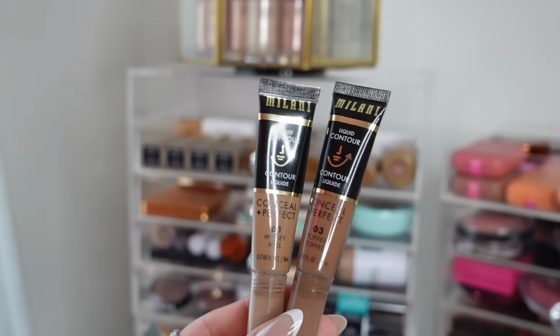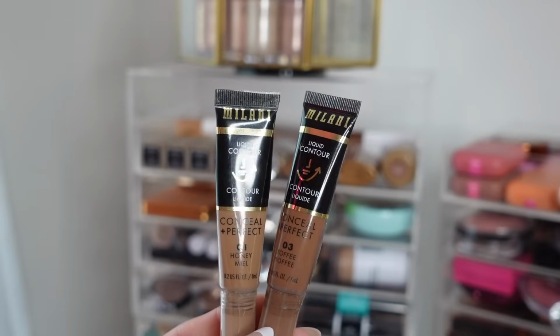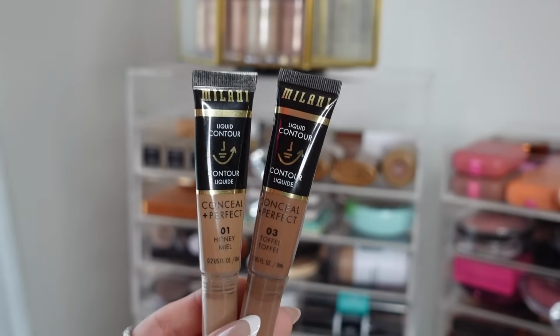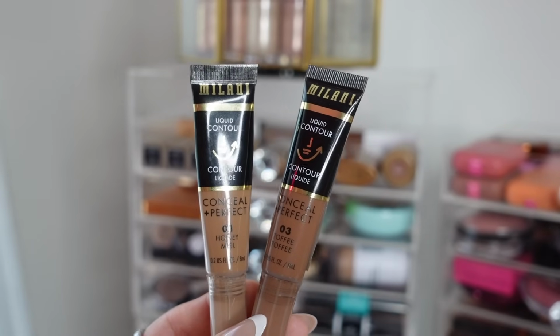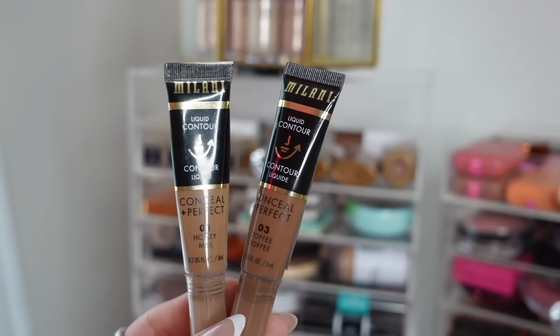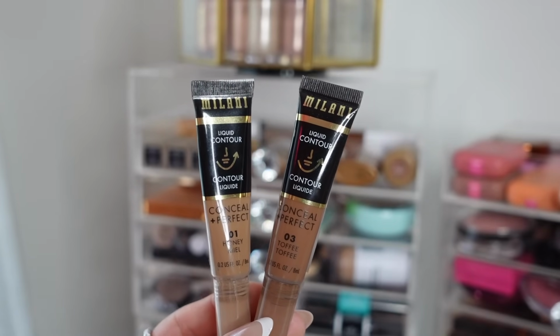Milani liquid contours are great. I love the shade Honey 01, and then I have this one in Toffee, which is a little bit of a more rich shade. Honey gives me a very natural bronzy look, and then Toffee is a little bit more enhanced. It's a deeper, darker shade, but I love this formula. It's so easy to work with. It's a really nice